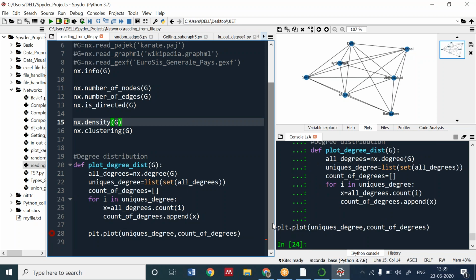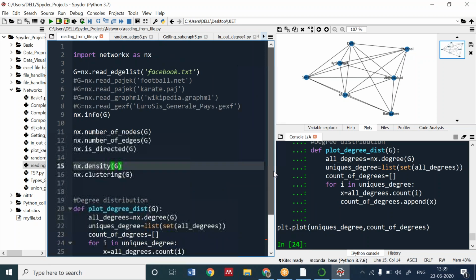Okay, you can write it down. These are the different file formats on which we have done shortest path, Dijkstra shortest path. You can do this with the files which we have. Write these file formats fast. We are going to complete this session.